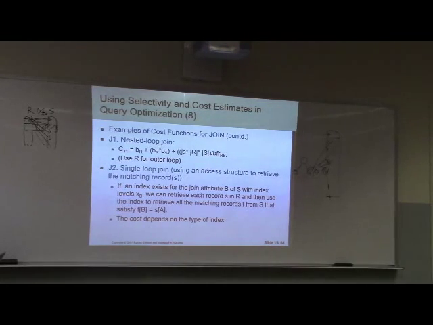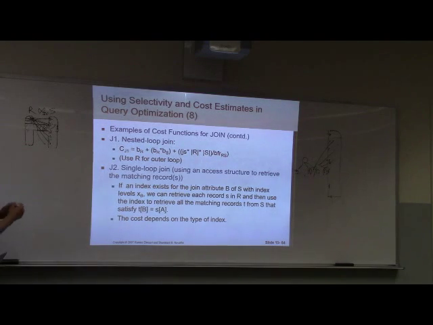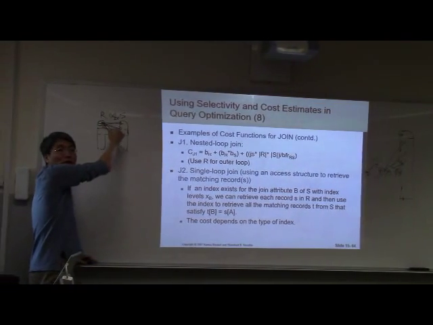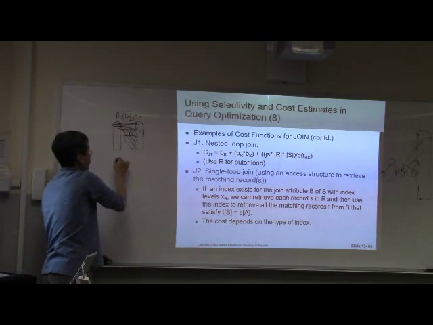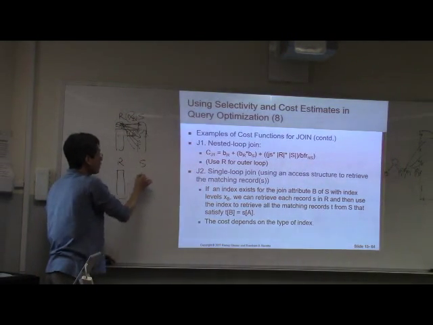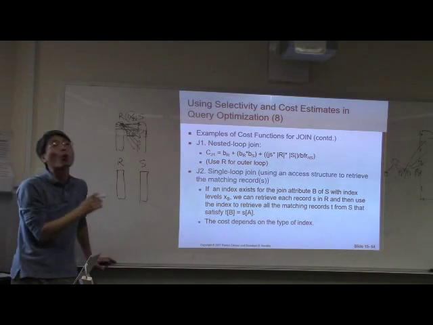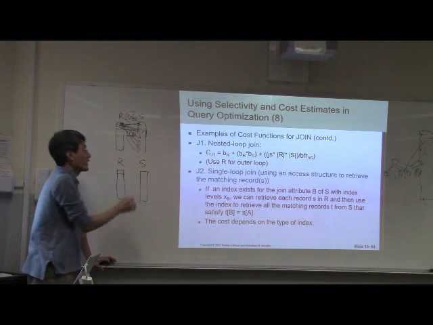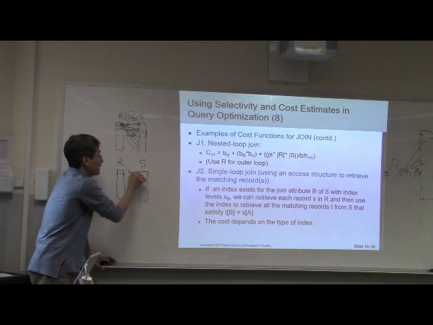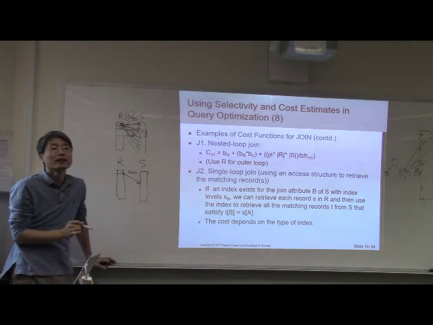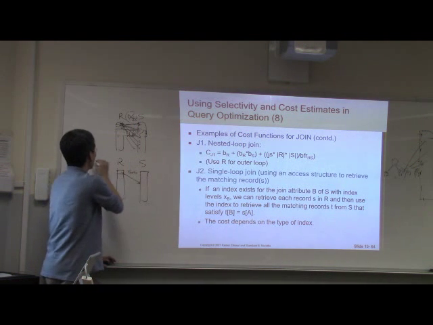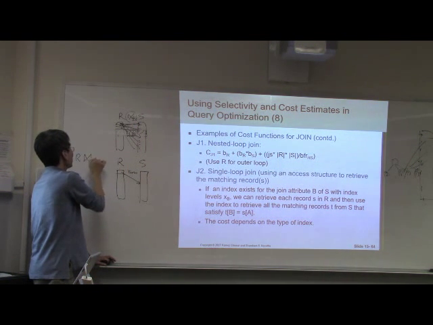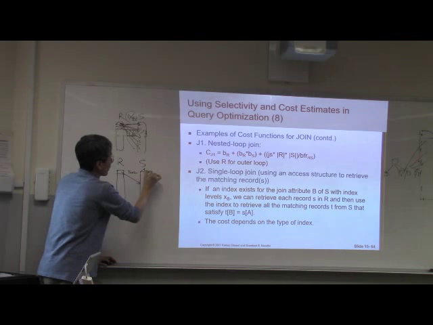Okay, what about the single loop join? What is the difference between the nested loop and the single loop? In a nested loop, you need all the combinations, then check the join condition. But in a single loop join, for the driving table or outer table, you don't have to check all the tuples. Instead, using an index, you directly find the matched one. How? For example, if the join condition is DNO equals DNUMBER,